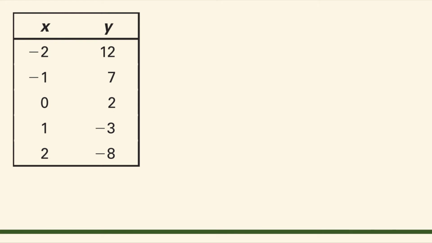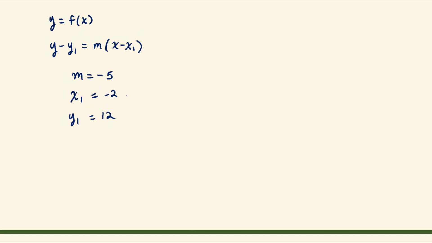From our list of values, we can use x sub 1 equals -2 and y sub 1 equals 12. Making those substitutions into our point slope formula will yield y minus 12 is equal to slope m, which is -5, times the quantity x minus x sub 1, which equaled -2. Next, we will simplify our parentheses. X